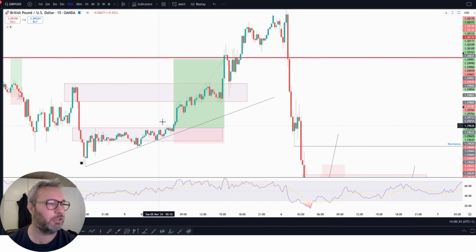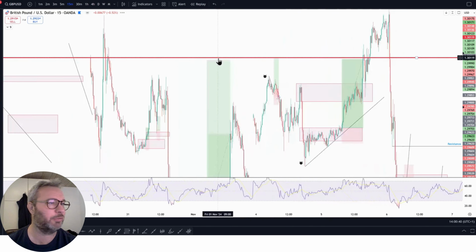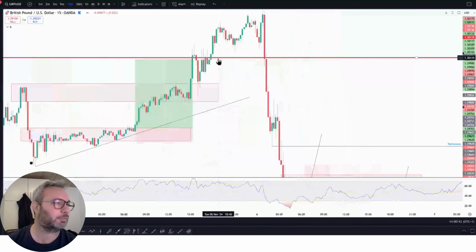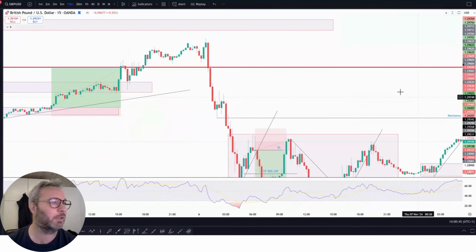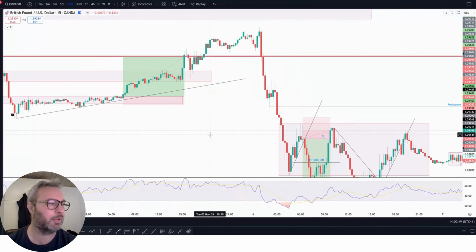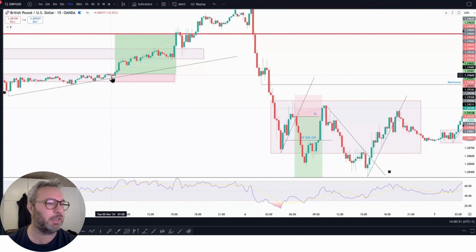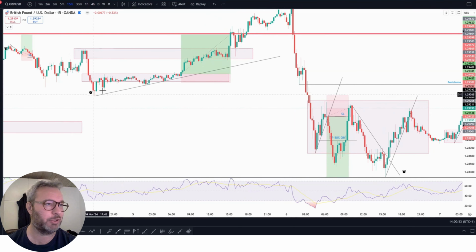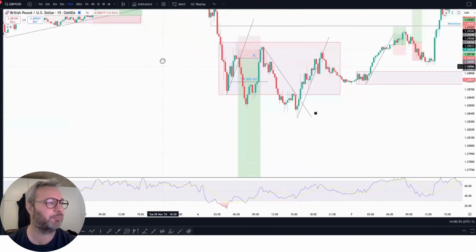It really didn't show any sign of weakness on the way up, and I closed it up here at my resistance level. That was a pretty straightforward trade. Here I didn't use the RSI, it was just a continuation trade.